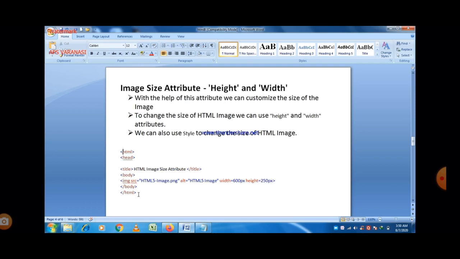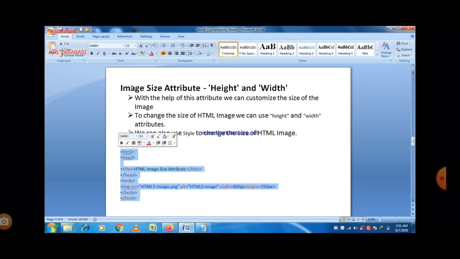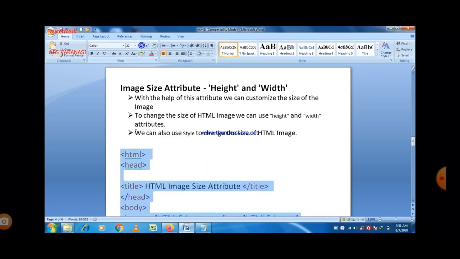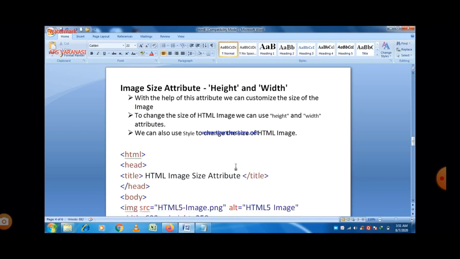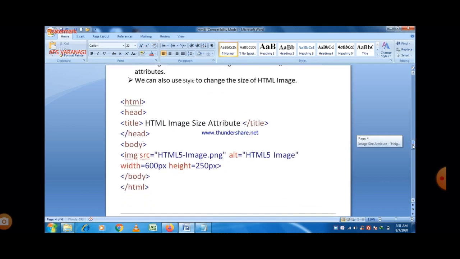First of all, some mistakes are here, so let us correct them. A program always starts from HTML, then the second line is head. Head is not closed here, you can easily see that. So just close the head tag first. These are the small things which you should remember, which is an open tag and which is a close tag. And always remember that the img tag is an open tag. It need not be closed. And we discussed some open tags also, just like the br tag, the hr tag, and the image tag is one of the most important open tags.